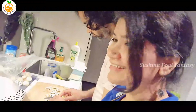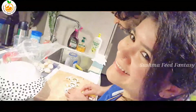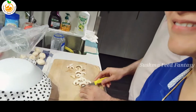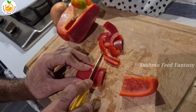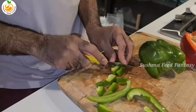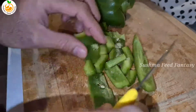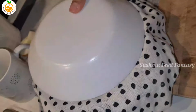Lucky is helping today, so he's cutting vegetables. Mushrooms and red bell pepper and capsicum. And onions. The vegetable is ready, so let's see the dough is raised,